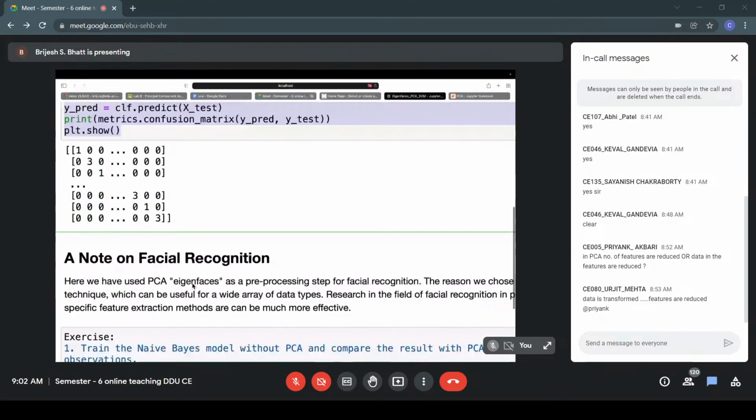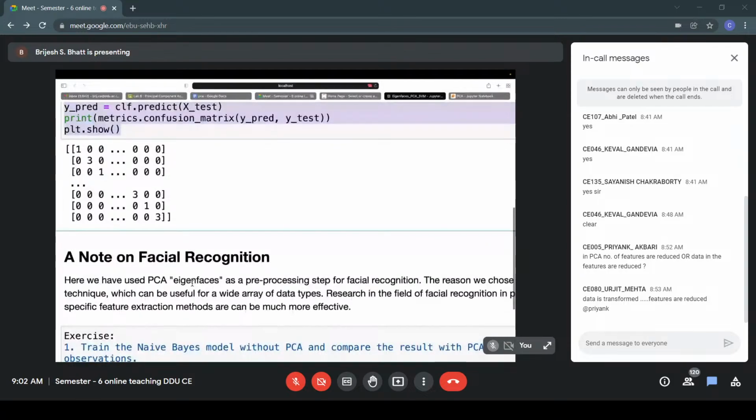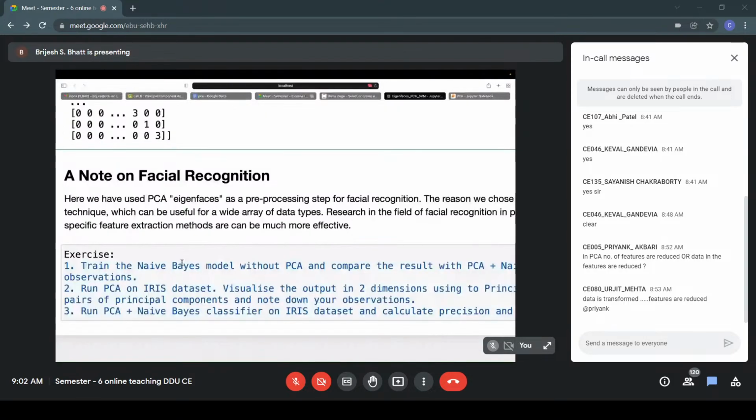Yeah, so this is the assignment for today. This is the exercise. There are 3 questions which might not be there in the original assignment. So I will